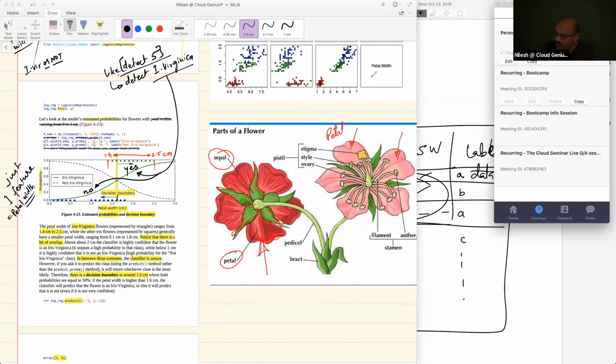What the data sets actually represent is the length of the petal and the width of the petal. They have calculated and actually measured various lengths and widths of petals and sepals on a variety of different types of flowers. And that's the database. So what we need to be able to do is, with that data structure in hand,